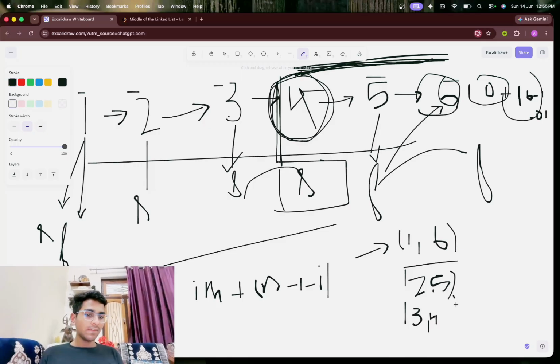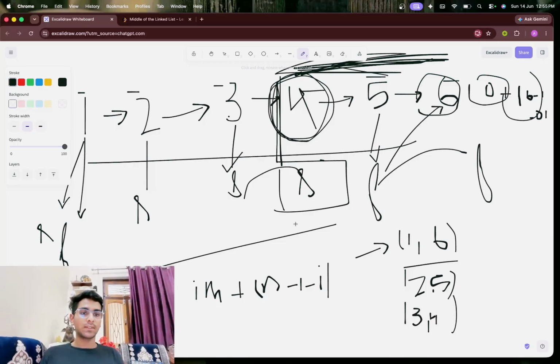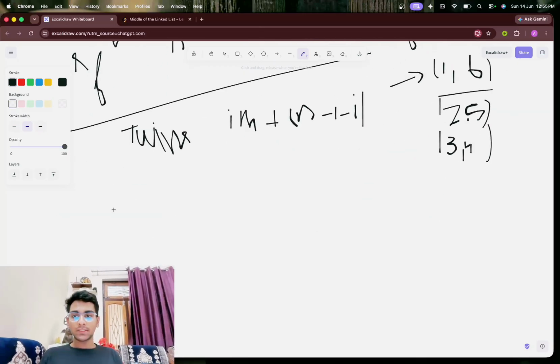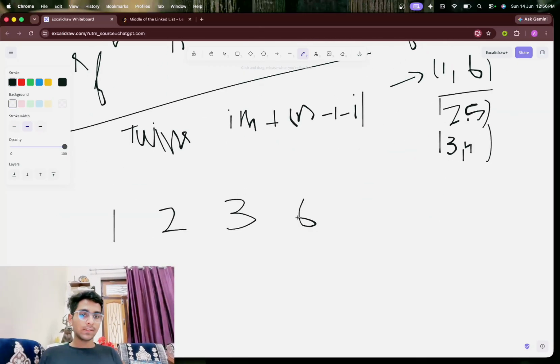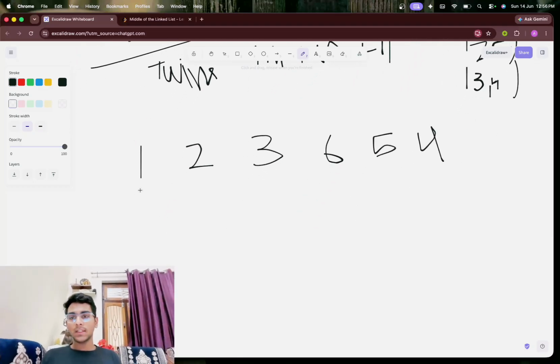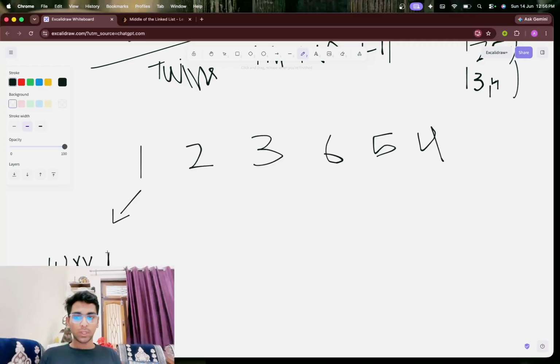So why am I reversing this half? I'm going to reverse 4, 5, 6. Because after reversing, our linked list will look like this: 1, 2, 3, 6, 5, 4. So what I will do, I'll create a pointer there. This is our current 1. This is our pointer 2, current 2.